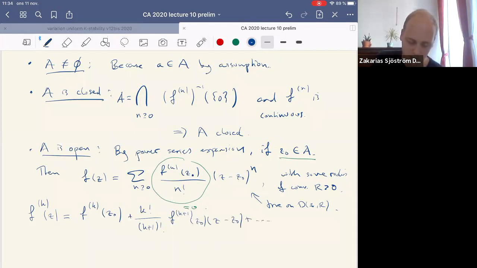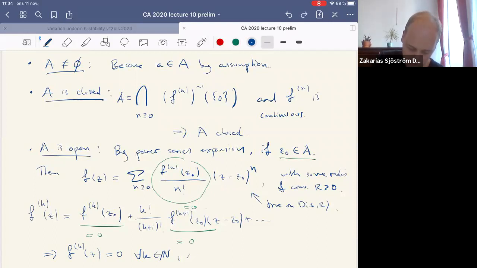But you know simply that you can differentiate f of z term by term. We saw this earlier in the course when we were talking about power series expansions. And by assumption, this will be equal to 0, this will be equal to 0, and so on. So the conclusion will be that f^(k) of z is equal to 0 for all k natural numbers,